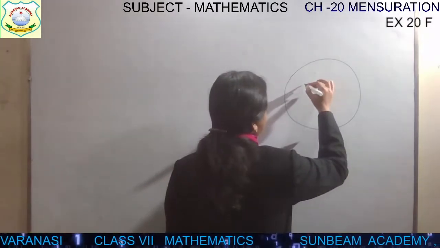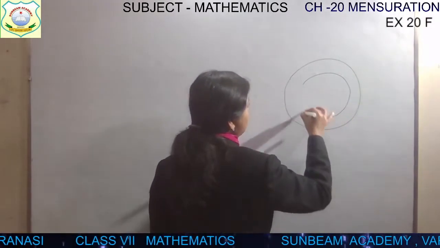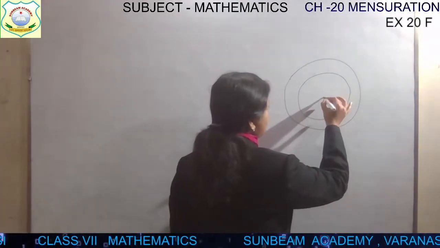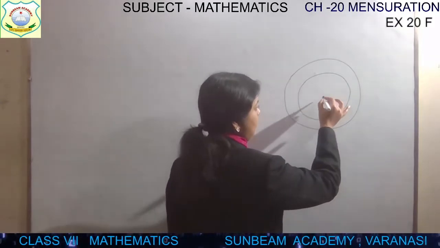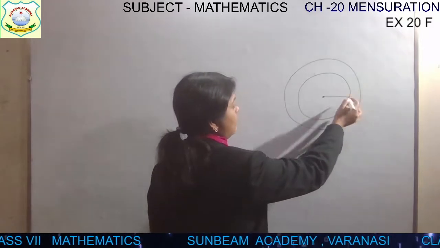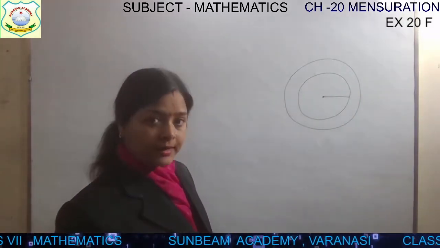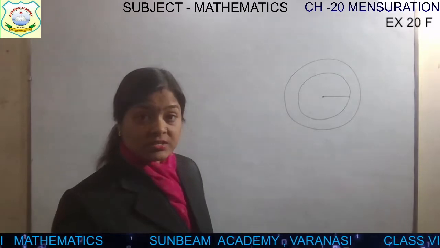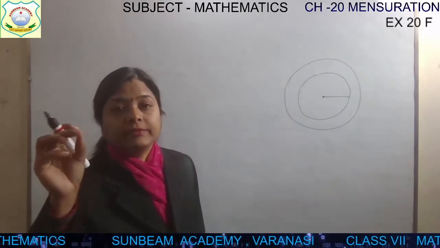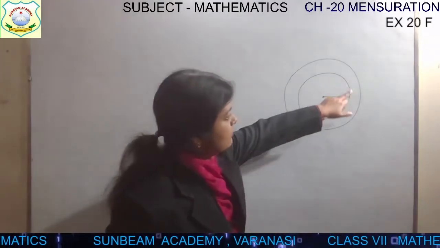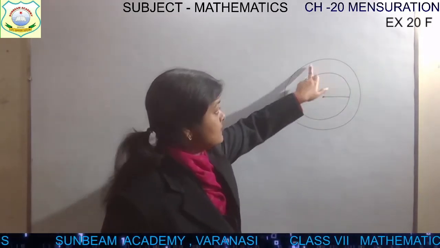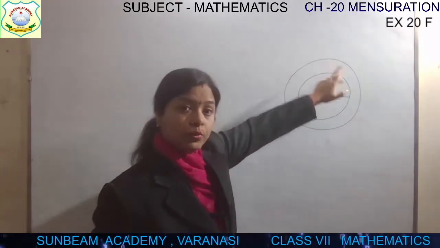And then there will be a racetrack. It means it will have some width inside it. Now you know that the distance from the center of the circle to a point on the circle is the radius. But it is not given to us. They said that the circumference of the inner circle is given to you. This is the circumference, the boundary of this circle. Circumference of inner circle and circumference of outer circle, both were given to us.